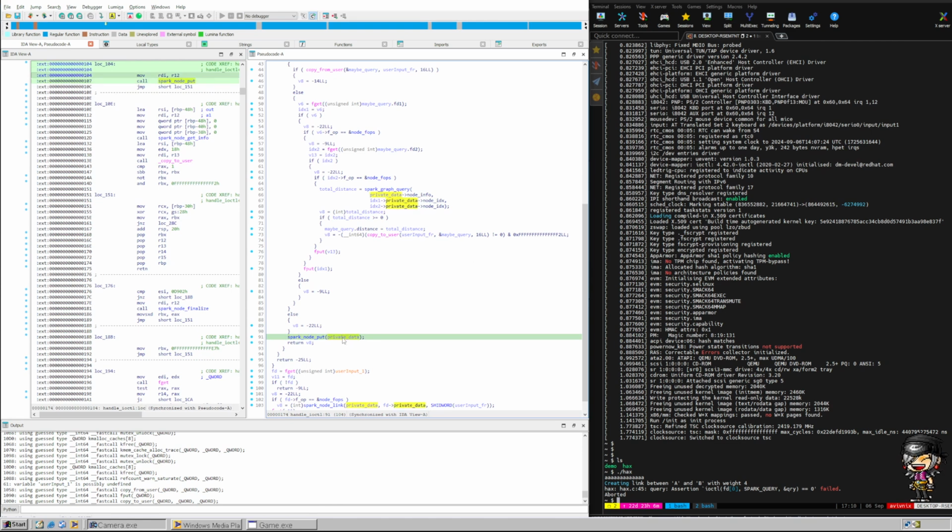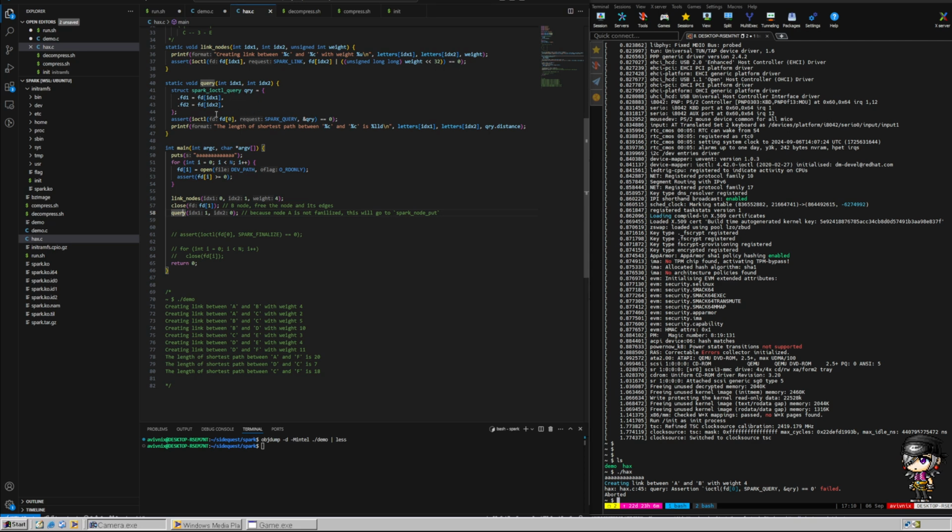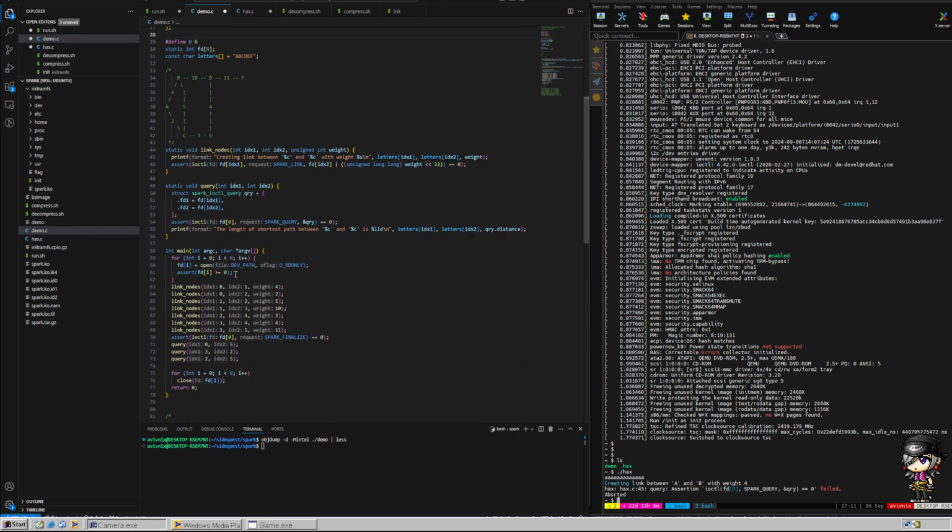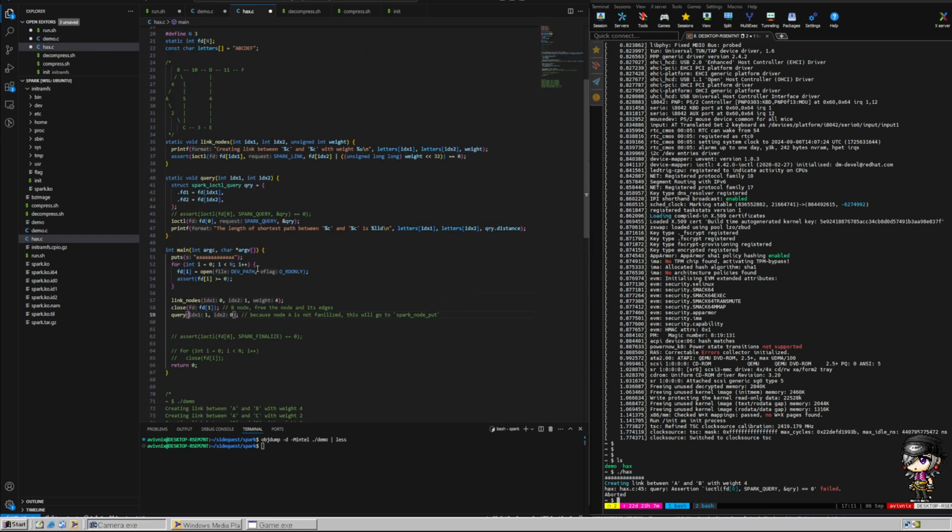Private data of the currently opened file. FD0. It will always try from here. What are you doing? 0, 1, 0, 2, 1, 2. And when you query, you're starting from 0, so it's okay. I don't understand why my code